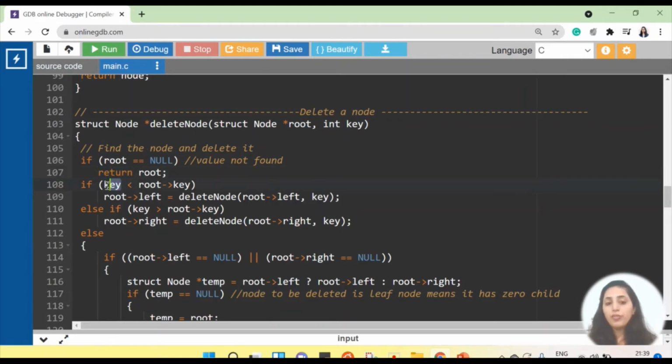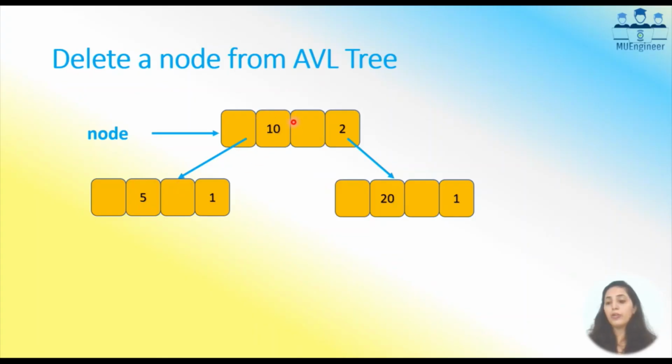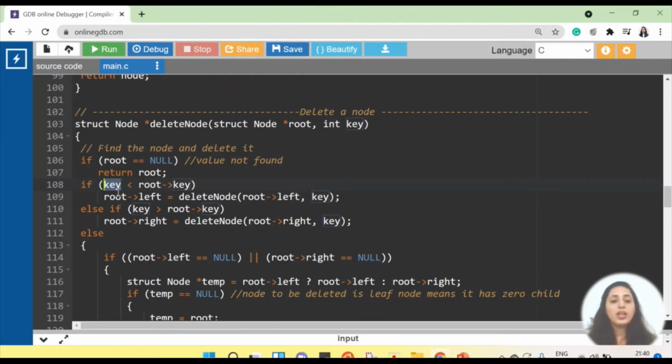If the key which you are looking for is less than the root key, suppose I am looking for value 2, then I will go to the left, otherwise I'll go to the right. So if it is less, I'm calling the same delete node function recursively, going to the left child and giving the same key as the input.